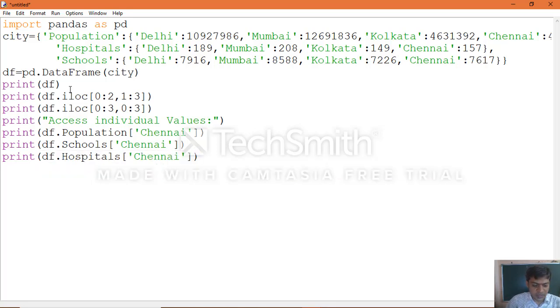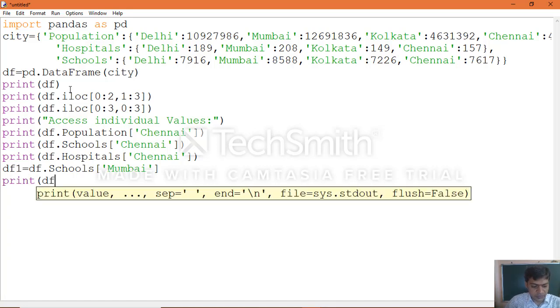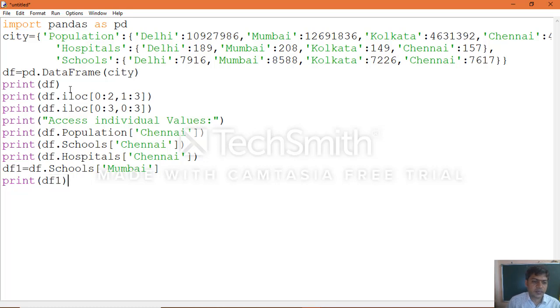Suppose you want to assign to some other object, so df1 equal to df dot schools of Mumbai. Now you just call the object name which we created, print of df1, that's it. Like this also you can do. Instead of writing directly in the print statement, you can assign to another variable and call it within the print function.